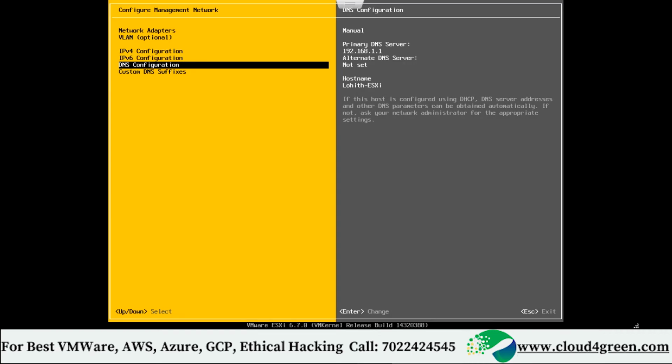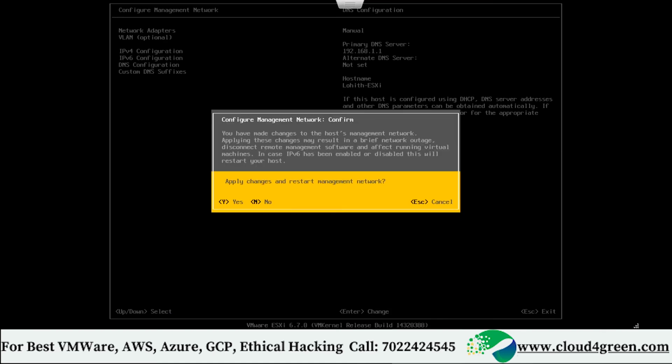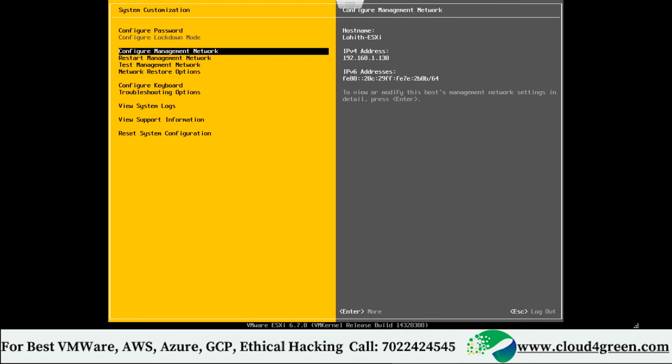Okay. Can you see the host name on the right hand side? It is showing Lohit ESXi. Correct. Yeah. Now press the escape button. It will ask again. Changes have been done. Press Y. Okay. Now you see the host name is also changed and the IP address is also set. Additionally you have something called IPv4 address. Can you see that? Right. You first observe, and then you do it. You will get confused when you do it in parallel, and moreover we are going one by one. It's pretty simple, man. The only thing is you should observe, that's all.